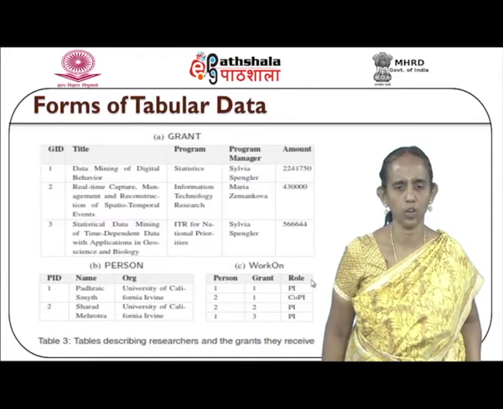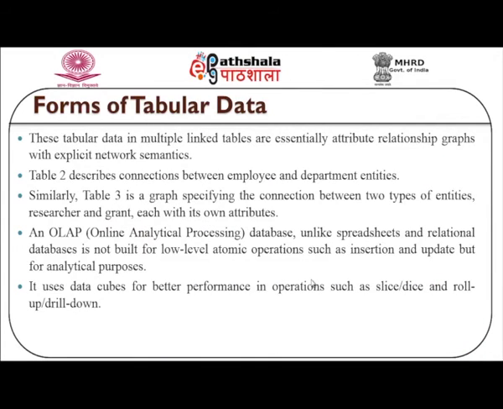investigator and so on. So these tabular data in multiple linked tables are essentially attribute relationship graphs with explicit network semantics. So they describe the connections between the employee and the department entities. Similarly, we also have a graph specifying the connection between two types of entities, the researcher and the grant, each